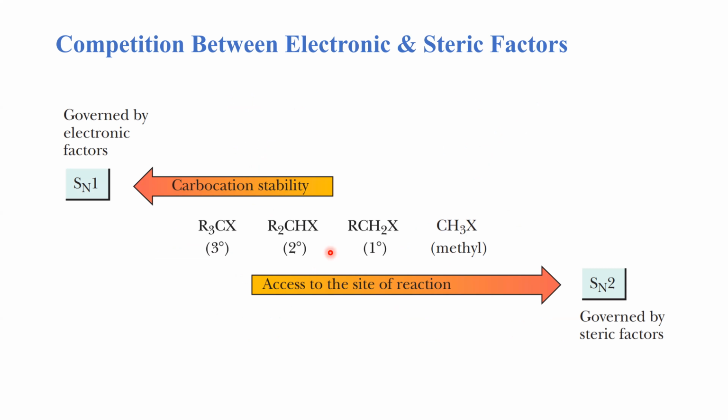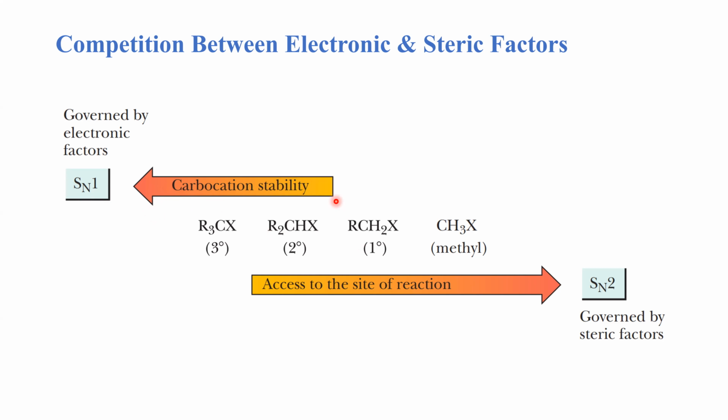Here, this picture will give you the idea of which side this reaction is happening, with more chances and priority for SN2, while the other one has it for SN1. SN1 is basically governed by the electronic factors. So carbocation stability is involved: if we have strong positive charge stabilization on the carbocation, that will pursue the SN1